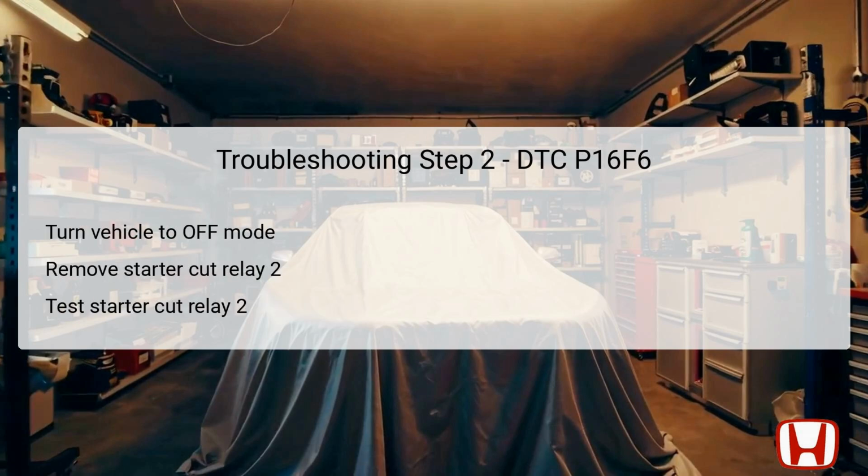The second step in the troubleshooting process for DTC P16F6 focuses on inspecting the starter cut relay 2. Begin by turning the vehicle to the off mode for safety. Next, locate and remove starter cut relay 2 from the underhood fuse relay box. It's important to handle this component carefully to avoid damage. After removing the relay,